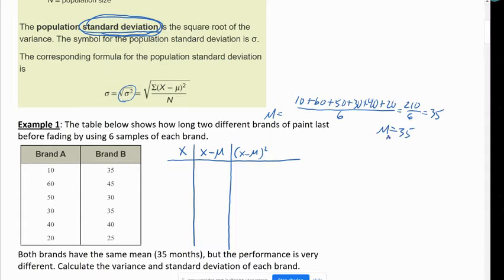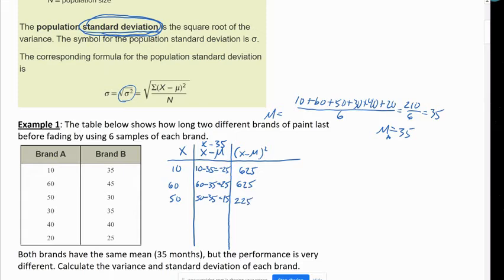our mean is 35. So we're doing basically x minus 35 for this column. And so this is 10. If we do 10 minus 35, that would be negative 25, and then we're going to square that. And if you square negative 25, you get 625. We're going to do that for each data item. So the next one is 60, and we do 60 minus 35. That is also 25, and then it's positive this time, but when you square it, it turns out to be the same number. And then 50, then we'll do 50 minus the mean, and that is 15, and 15 squared